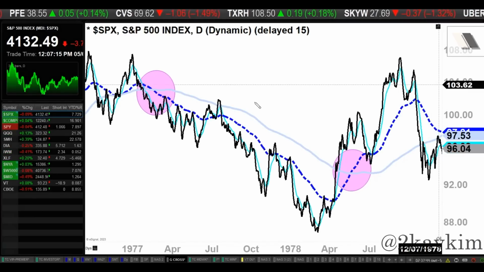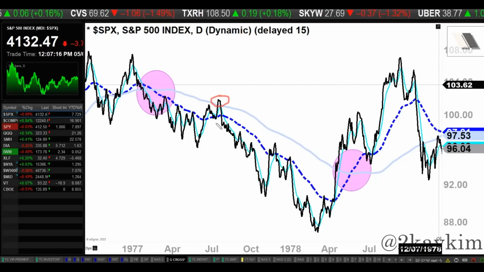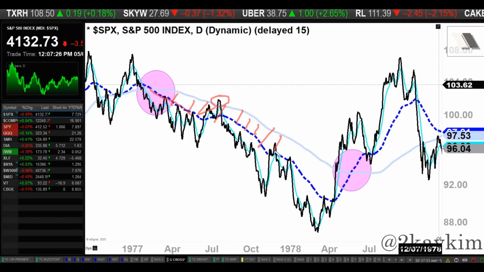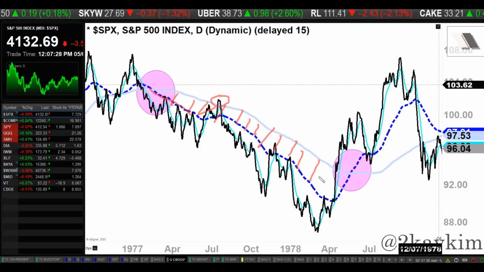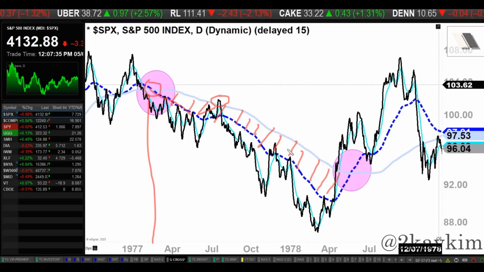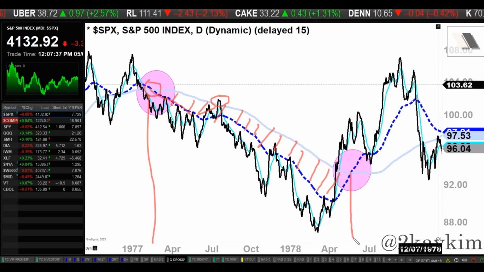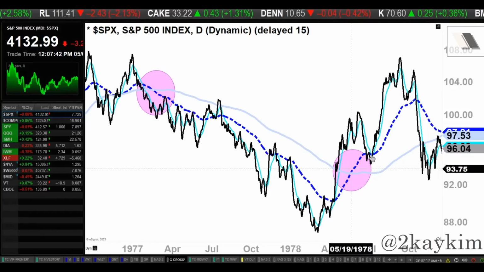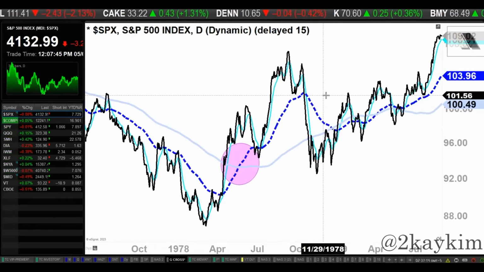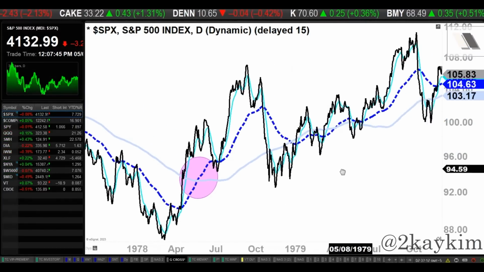Same scenario, a little pop right above the long-term moving average, but as you can see, pretty swiftly there's a spacing in between, right? You can see I'm drawing lines here, the long-term moving average and the mid-term moving average, they've never met. Once they met here, in 1977 February, they never met again until April or May of 1978, as you can see, and the market looked like it reversed back up to the upside very, very quickly.